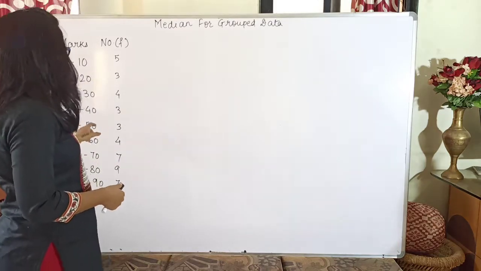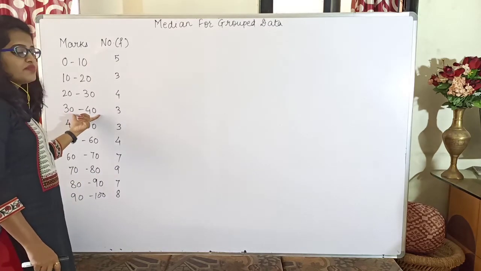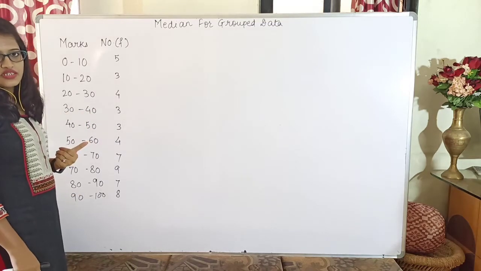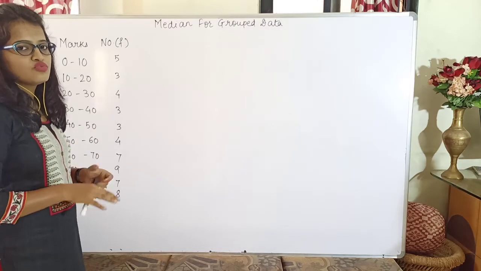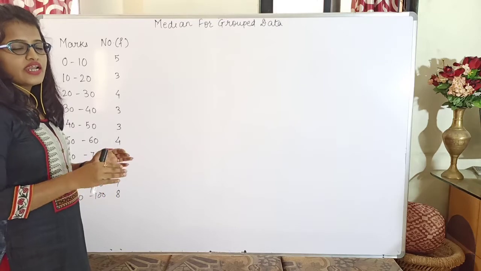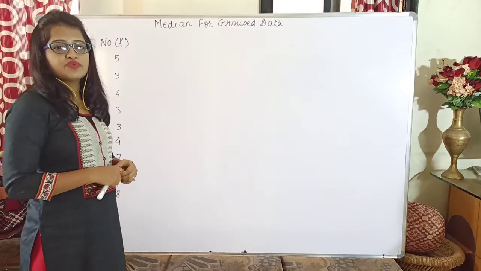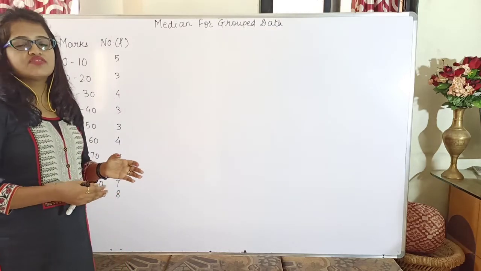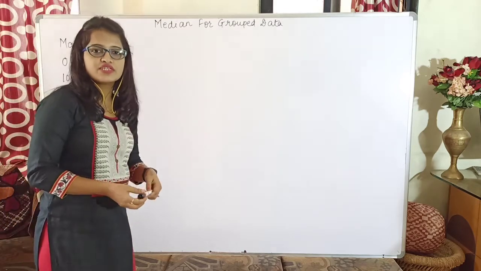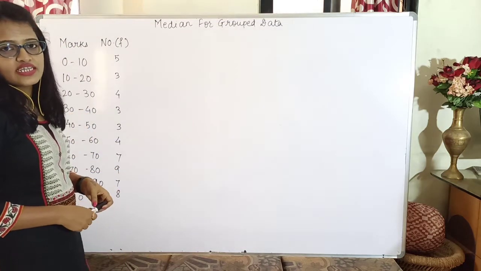For example, suppose here 30 to 40 is the class wherein I have to get the median. Now there are 10 values present in it, isn't it? So if you consider the centralmost value, suppose the centralmost value is 34 or 34.5. Now can I write that 34.5 is the median value? What if the 34.5 value is not even present in the observations? The observations may have the values 30, 31, 32 two times and then directly 35. Maybe the 34 value is not even present also, isn't it? So directly considering the central value, you cannot take it as the median.